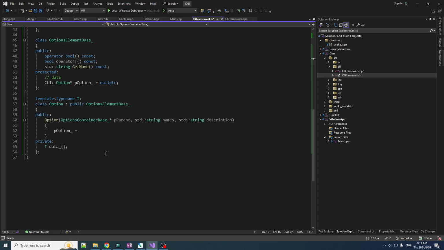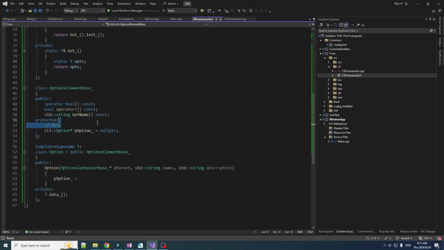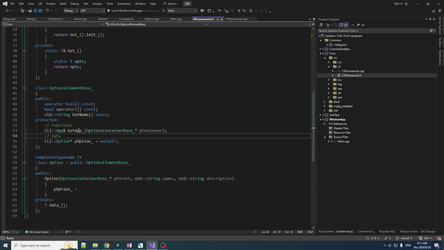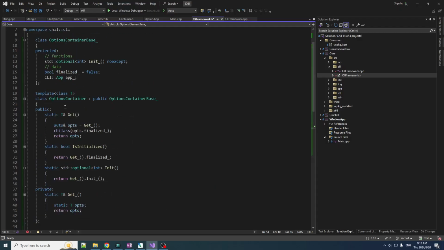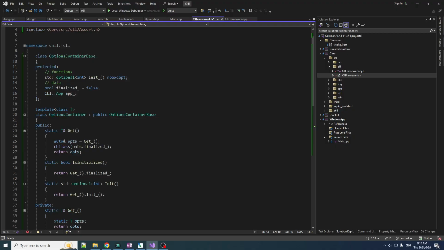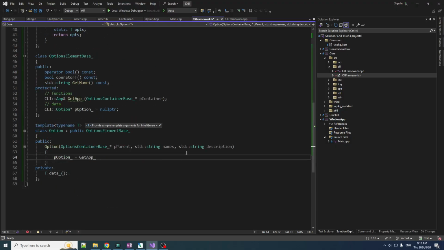So we need to make it accessible. So we're going to add a function to options element base, protected function, that is to get the app given a pointer to the base. So this is a little key that anyone who inherits from options element base can use to access this private data from the container. So now we can just call get app